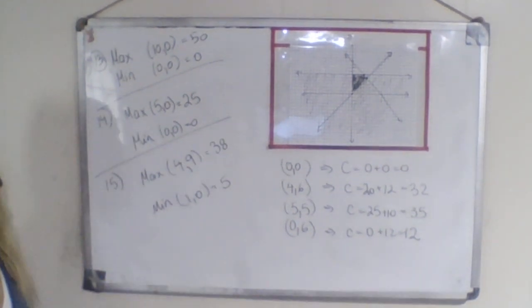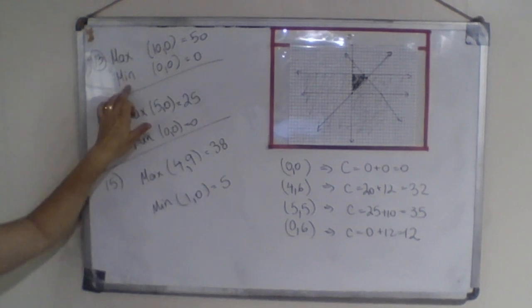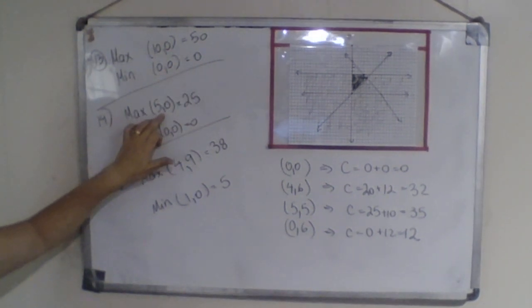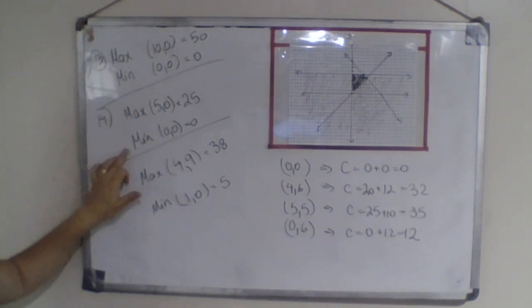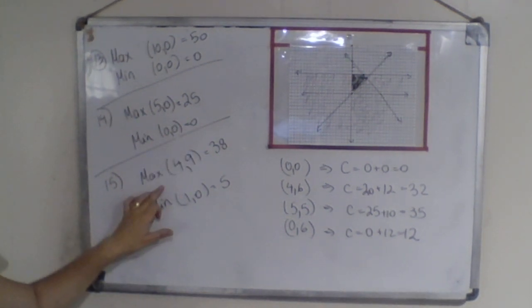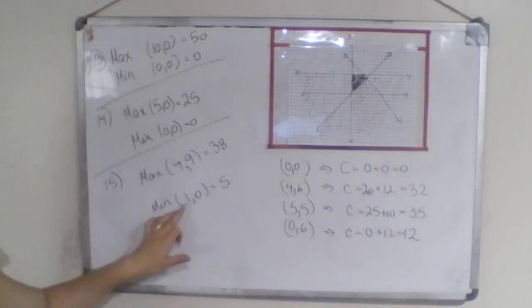Okay, guys, first of all, let's look at the answers. For 13, you have a max of 10, 0 of 50, minimum of 0, 0 at 0. For 14, your maximum is at 5, 0, which is 25. Your minimum is at 0, 0, which is 0. For 15, your maximum is at 4 and 9, a value of 38, and the minimum is at 0, 1,